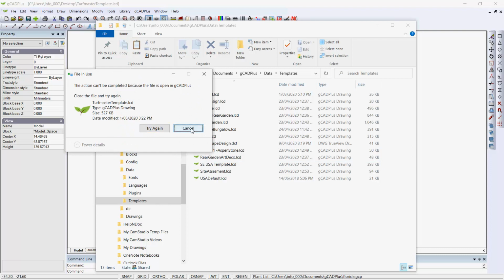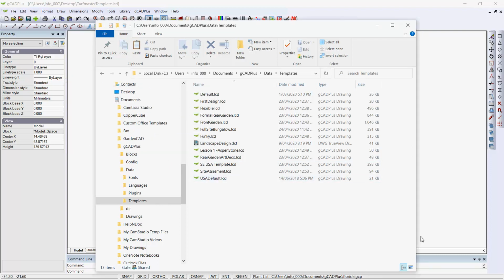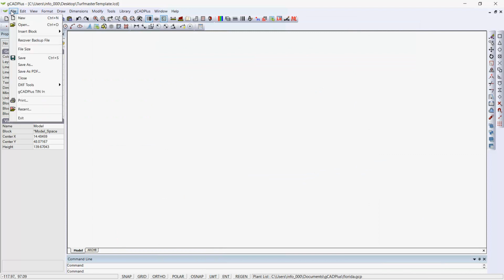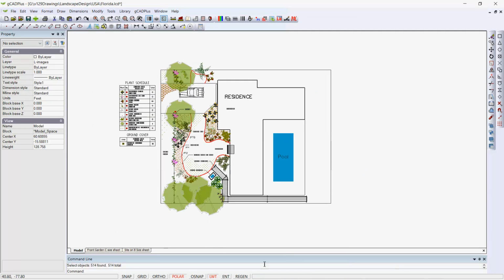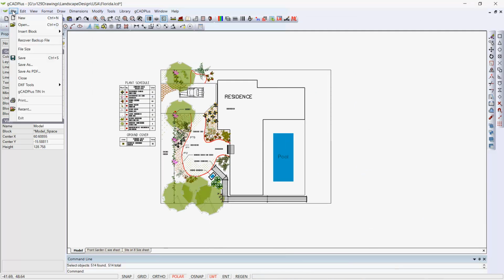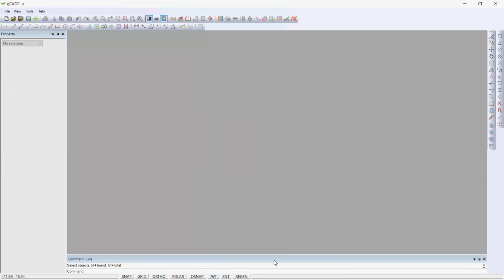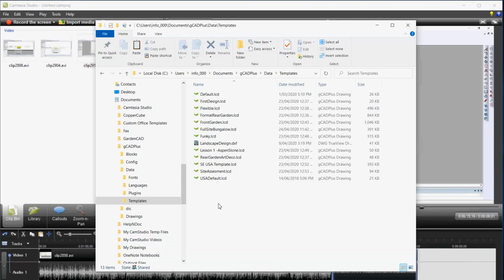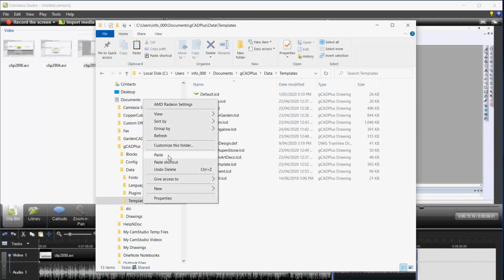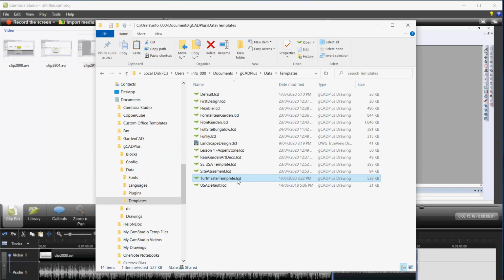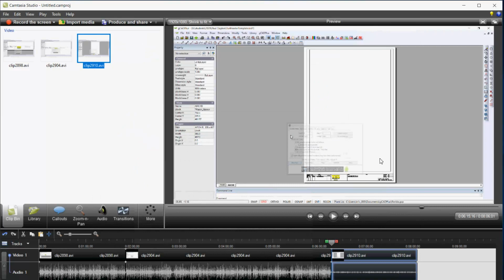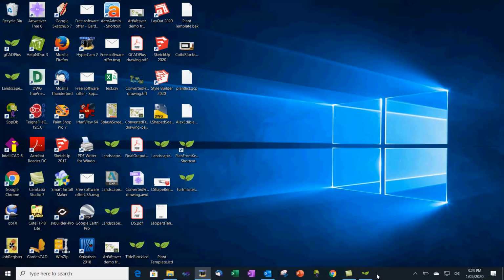And it says it's already open. Of course, I need to go back to gCADPlus and close it. And now we can close that one as well. We've finished with that. I'll say no. And so we can go back to this one, and then we can paste. So we've pasted the Turfmaster template into the templates folder for gCADPlus,